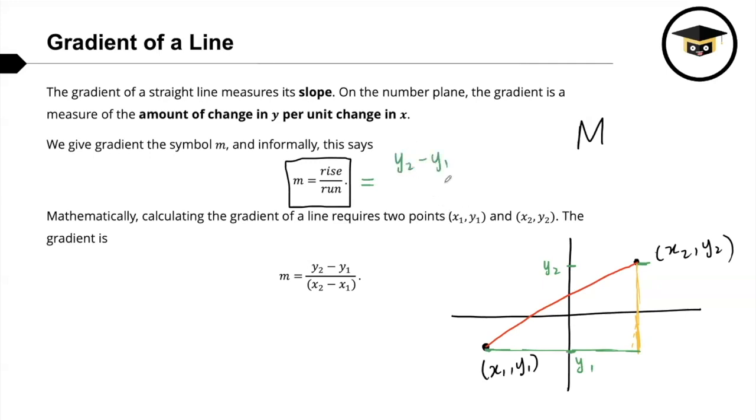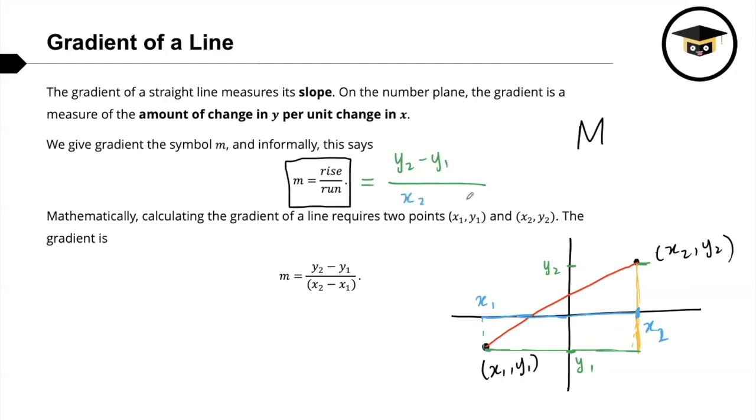Similarly, if we look at the horizontal, our run, you can see this point here is x2 because that coordinate is x2, and this coordinate here would be x1. So this horizontal distance, equivalent to this green line at the bottom, is going to be